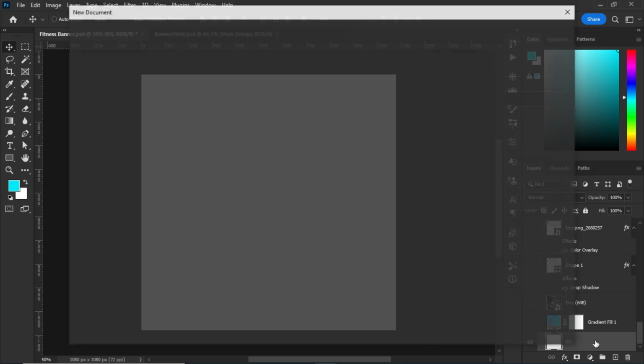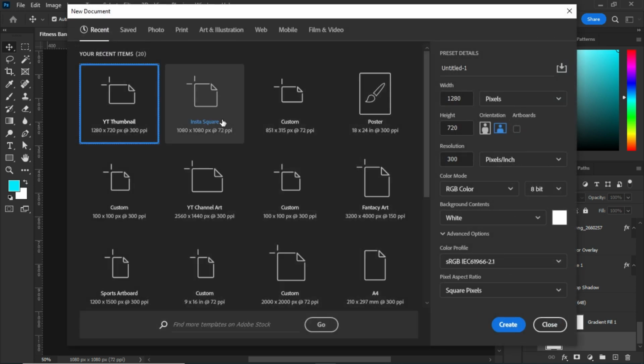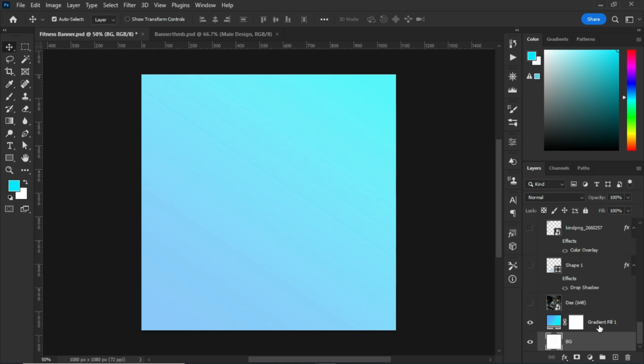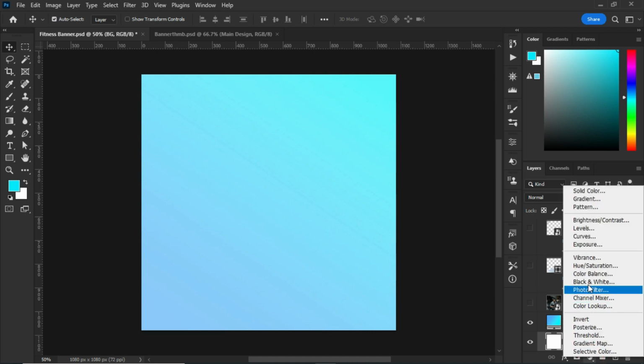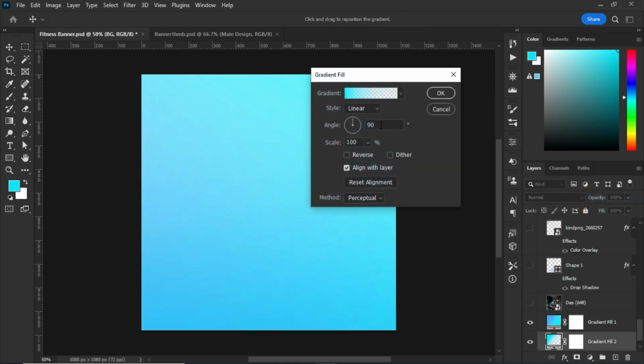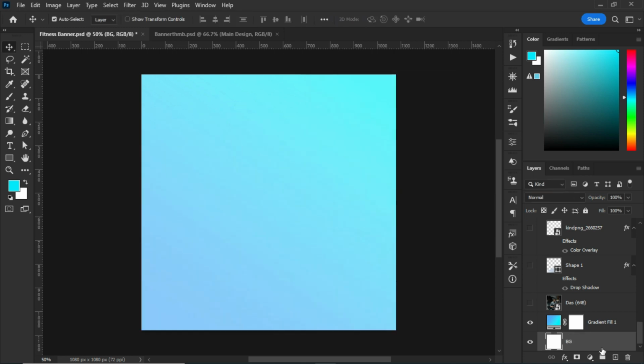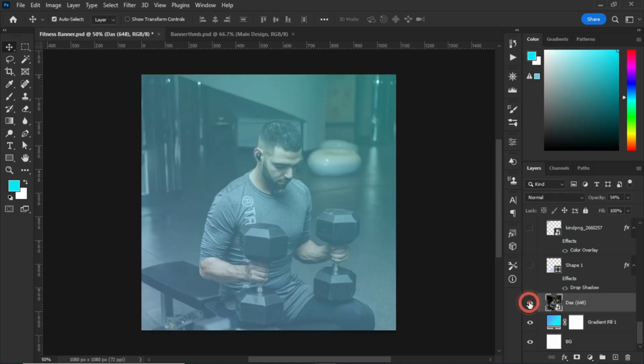Control N. Okay, so the size that I use is 10, and I set the resolution to 70. Give it a name right over here and maintain the default settings. After that, to get the gradient color, go to the adjustment panel, select gradient, and guys, you are good to go. Okay, so after inserting your gradient, what you have to do is to insert the image concerning whatever you